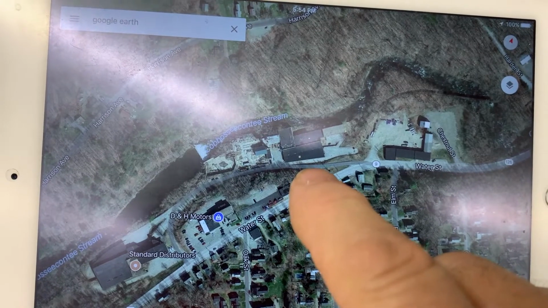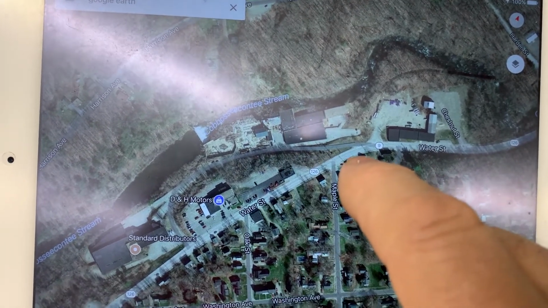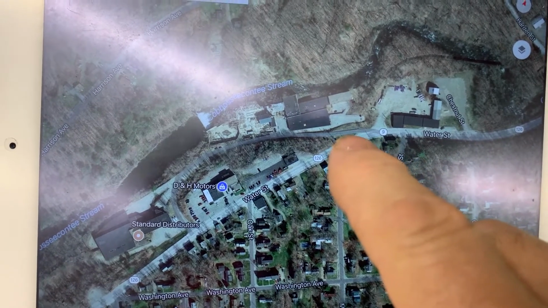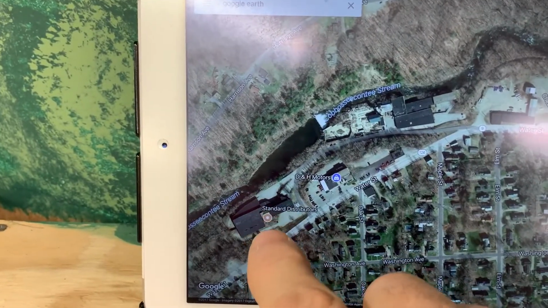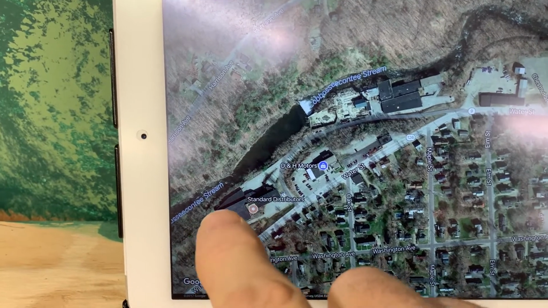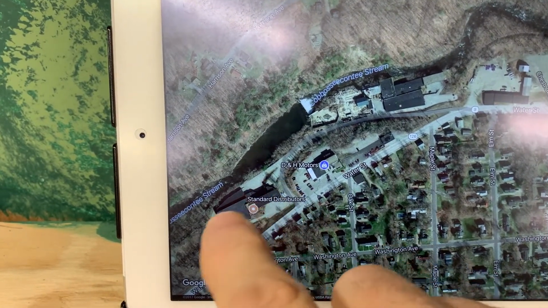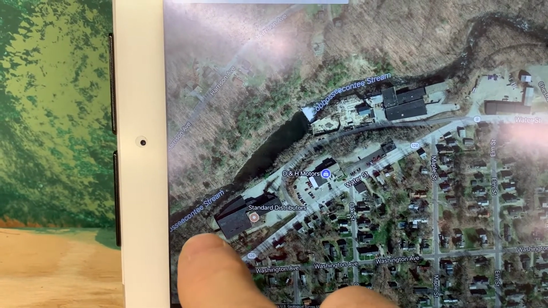And I'm going to pause here in a minute, after I give you this overview and show you what the building looks like from some other pictures. And then the last thing here is it went up here, and there's this big building here which is labeled Standard Distributors. Well, that was a hardware distributor. There was a paper mill right up in here too that has been long gone, but that was also